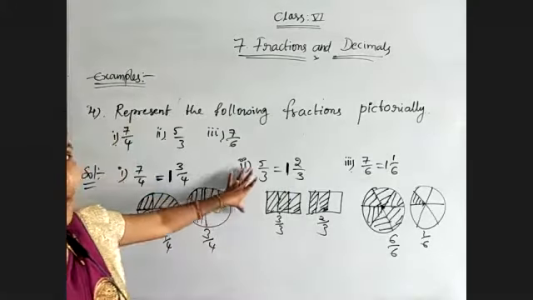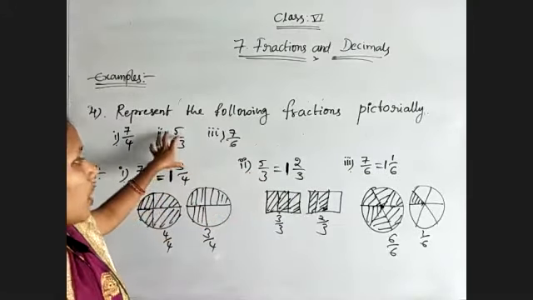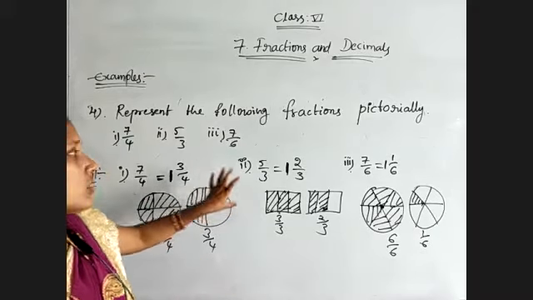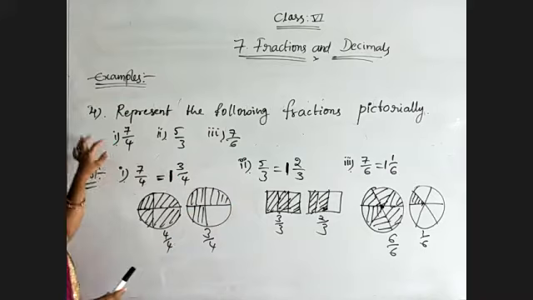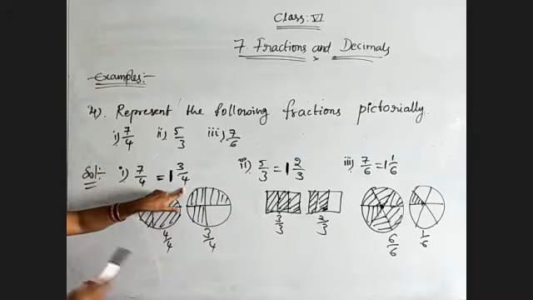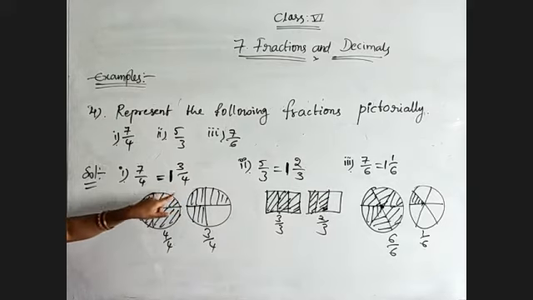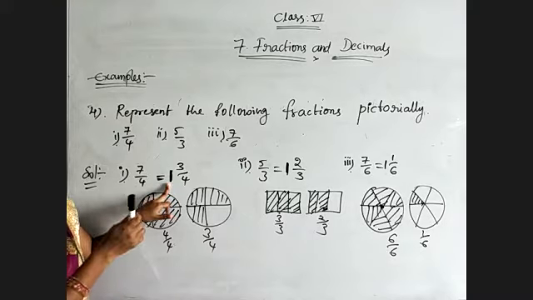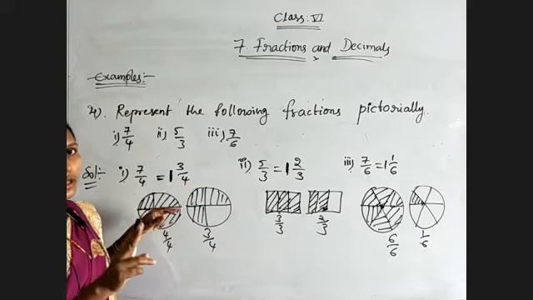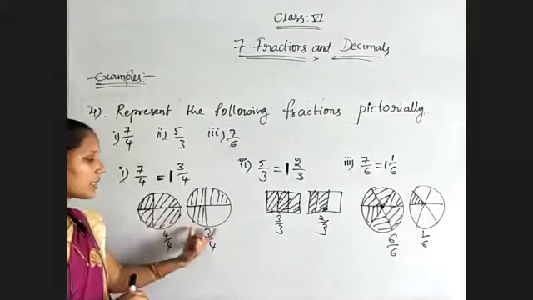So this is the way of representing improper fractions using pictures. And it is very, very important. So don't confuse. Once again, observe. Whatever improper fraction is there, first try to convert it into a mixed fraction. Okay. After that, because the quotient we got is 1, it needs 2 wholes because it is more than 1. 2 wholes we need. So I am representing 2.